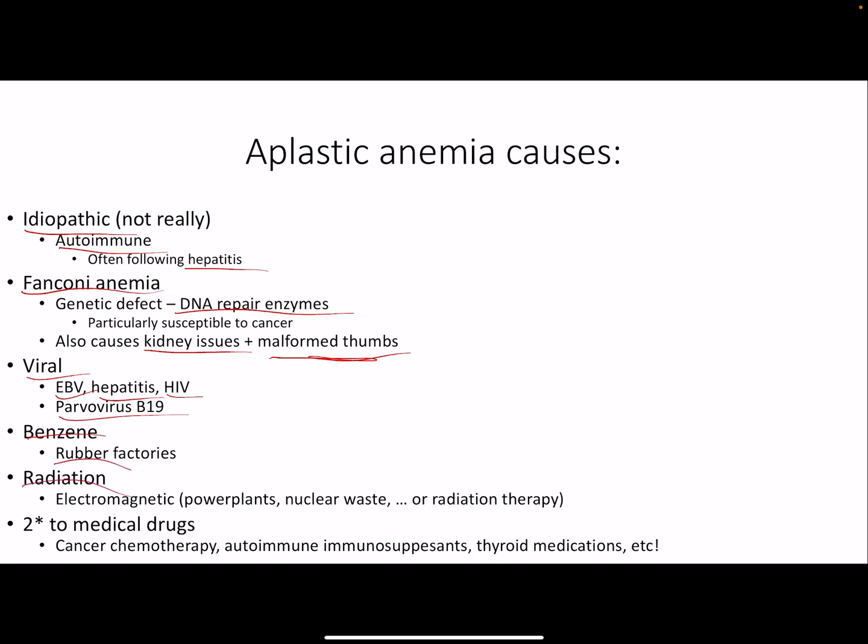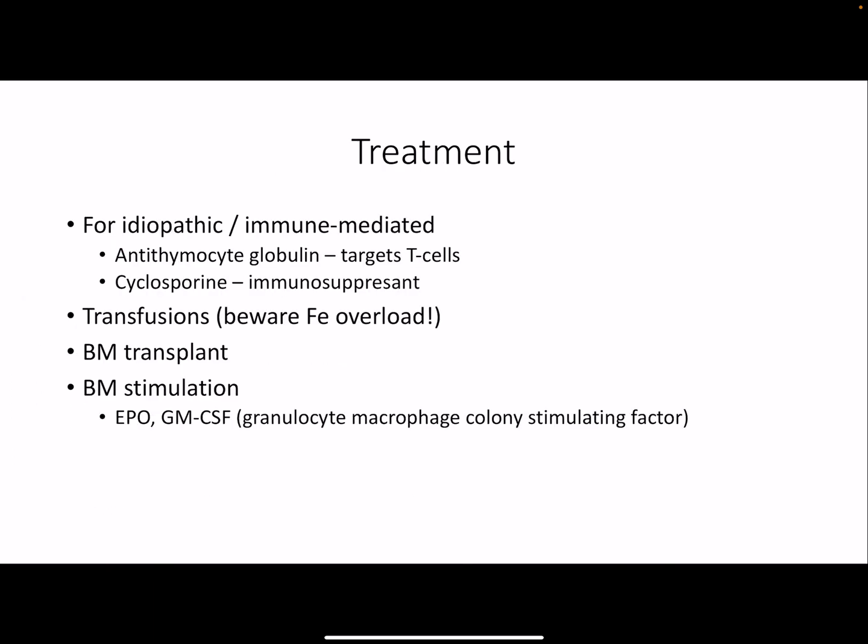Radiation, maybe you work at a power plant. Maybe you work dealing with the waste of a power plant, or maybe you had a cancer and you had someone give you radiation therapy. That could eradicate all of these stem cells in your bone marrow. And then many medical drugs, cancer chemotherapies, immunosuppressants, even thyroid medications can go ahead and wipe out your bone marrow, causing aplastic anemia. So the treatment, this mostly works for the idiopathic immune-related, but anti-thymocyte globulin targets the T cells,